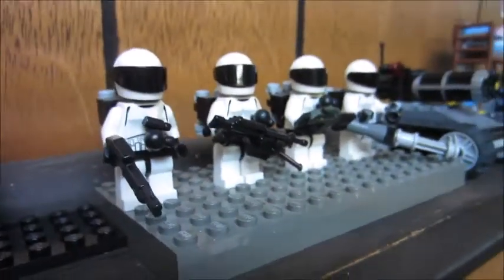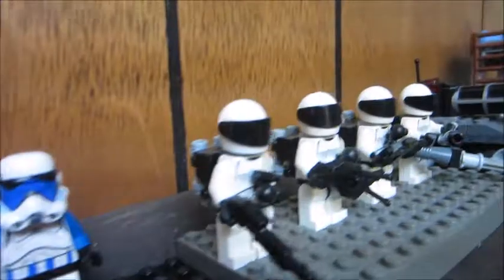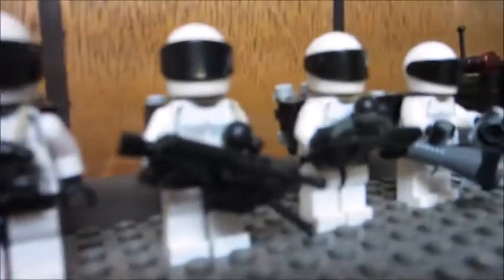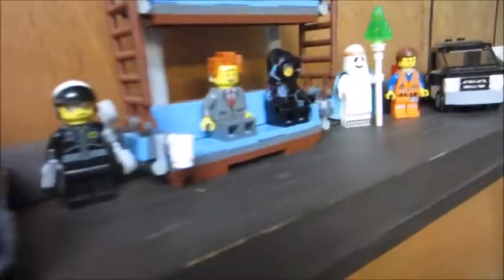Then we have these guys my cousin made. He was planning on having like 10 squads of these guys. He only got one squad officially completed. So I took the other guys apart, kind of made them back into stormtroopers. But the one squad he did have pretty much complete, I left. So they're actually pretty cool. When we used to Lego battle, it'd be my clones versus these guys. There we have Machine Gun, and we have